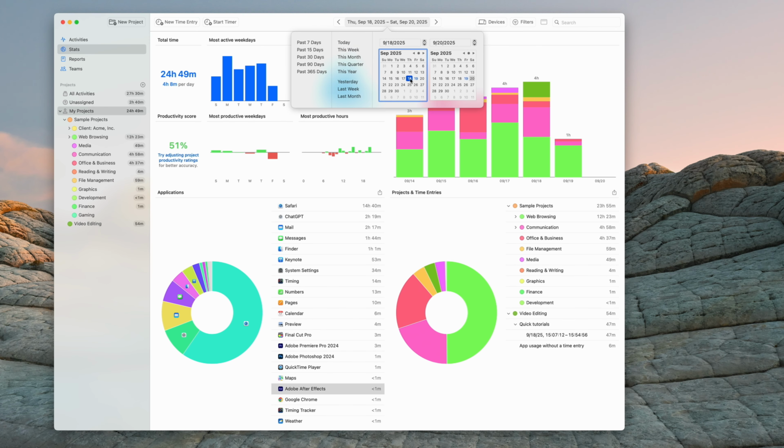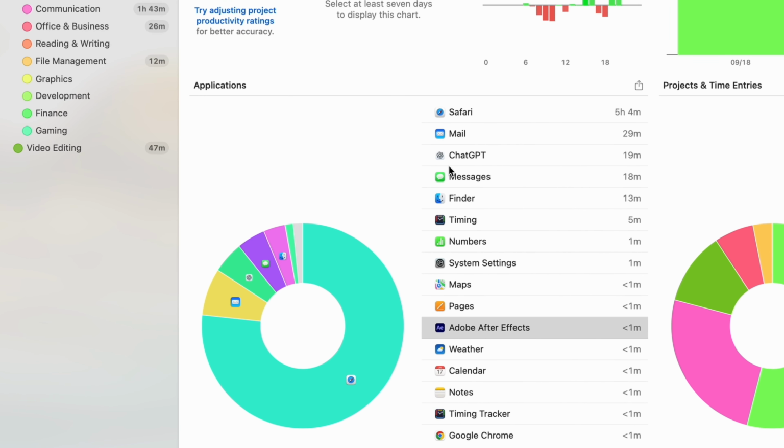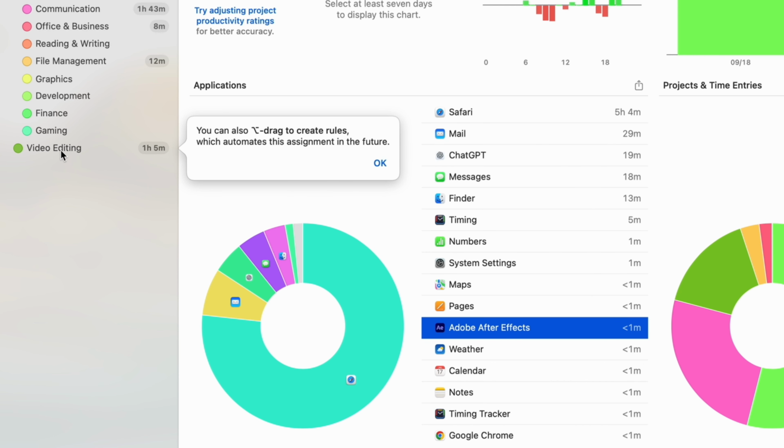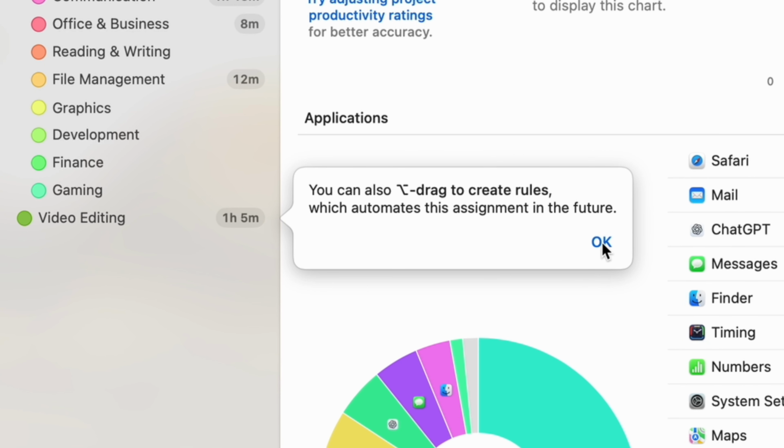And speaking of drag and drop, let's say on this day I was doing some research on ChatGPT, but it was actually related to a video editing project I'm working on. I can just drag and drop this time entry into my video editing project, and now that time will count towards my video editing. I could also hold down the Option key while dragging and dropping to create a rule,